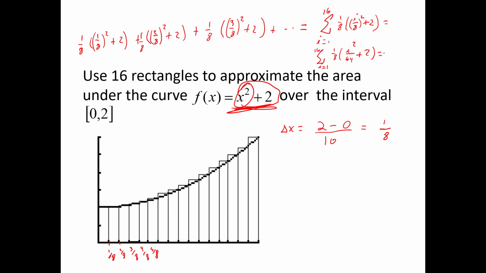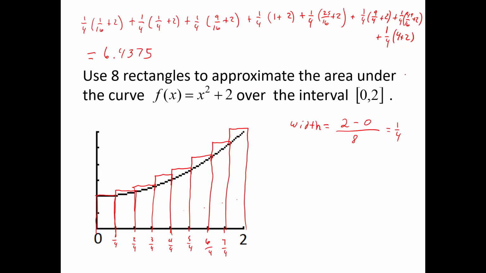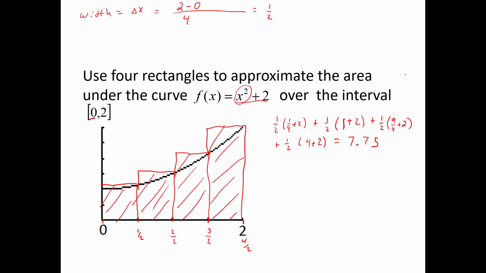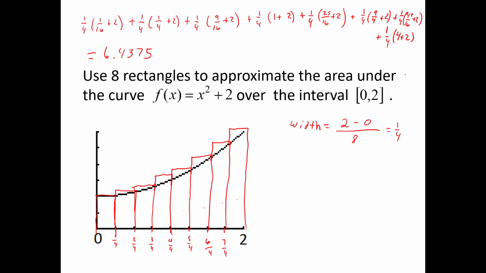And the calculator tells me that this is 6.9. And you can see that according to my other two, we had 6.4 and 7.75. So this doesn't make sense because it should be coming down,